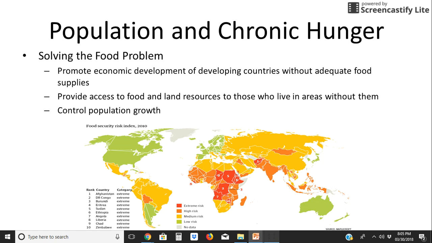But how do we solve this problem where people are hungry? Well, we can promote economic development of developing countries. And so by increasing their economics, we can help them have access to food. We can provide access to the food and the land resources for the people who live in the areas that don't have